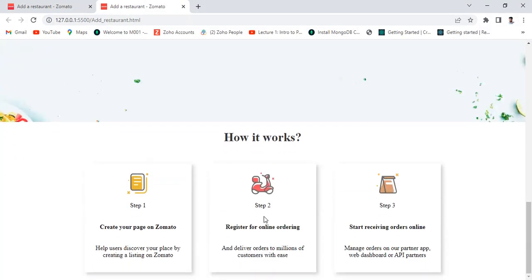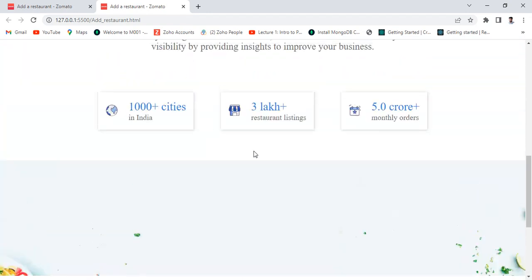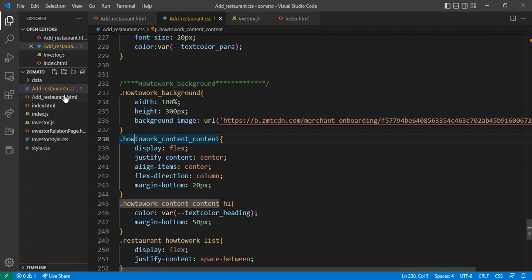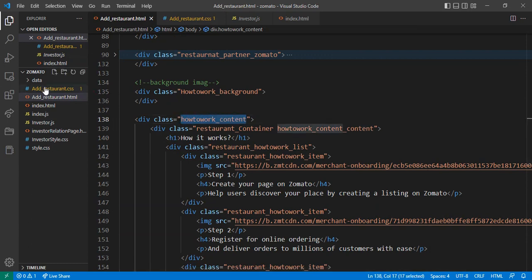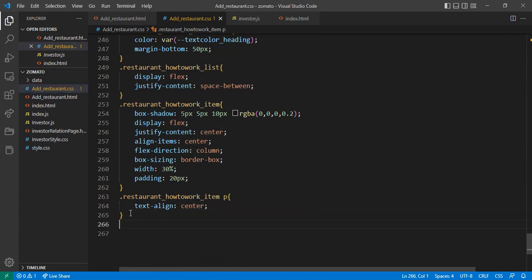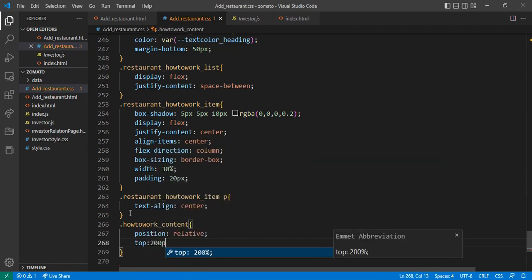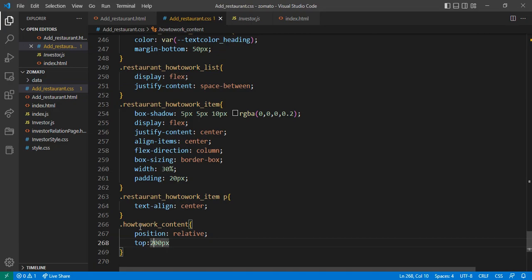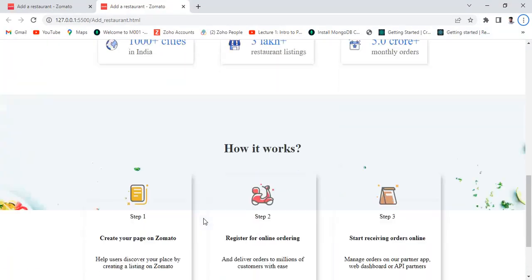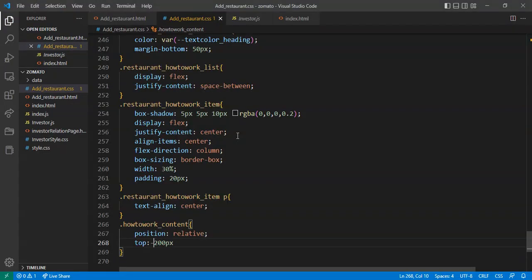Yeah, now it's done. Now I want all this content above these images. For that we can do one thing. Let's go here, and this how-to-work content, just copy this class name and come in your style.css. Here I give position relative. After that, giving the top side approximately 200, yeah, this will go in the bottom section, but I want it above, so minus. And yeah, all these things come up a little bit more. We give 250,